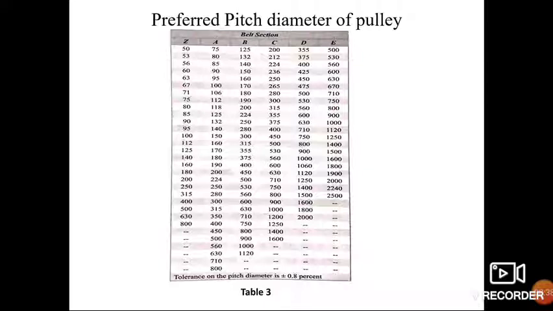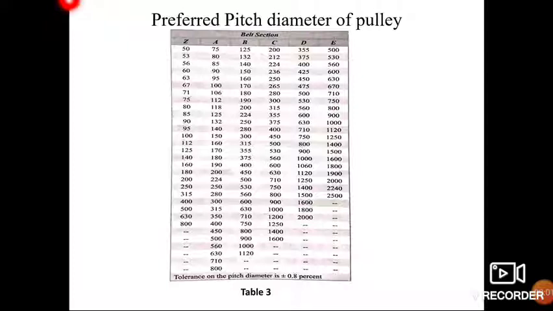Okay, now for the bigger pulley, your diameter will have some value. You have to check whether that value lies between the preferred pitch diameters of the pulley. So if you select a B cross section and your value is, suppose, 181, you have to see in the B section, is there any 181 diameter? No. After 180, you will see directly 190 will be there, so you have to take 190 as the diameter of the bigger pulley, that is the preferred diameter.